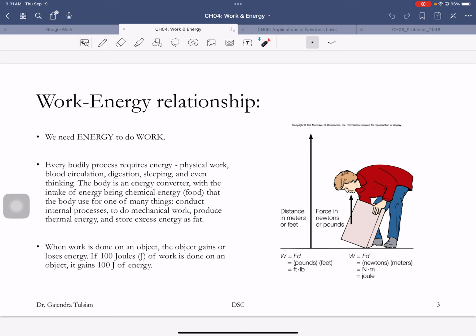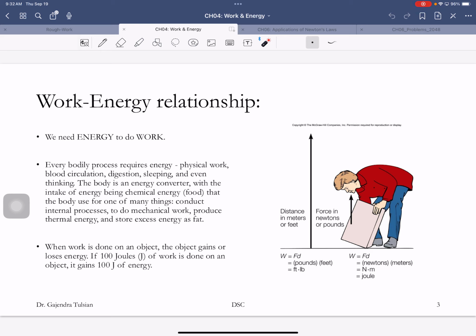All right, so we need energy to do work. And so that's why your body does various processes. When you lift an object up, you've done work. So I need energy for doing that. Your heart pumps blood. It gets the blood flowing. It needs energy to do that. It's doing work. When you breathe in, your diaphragm has gone down. You've done work. You need energy to do that.